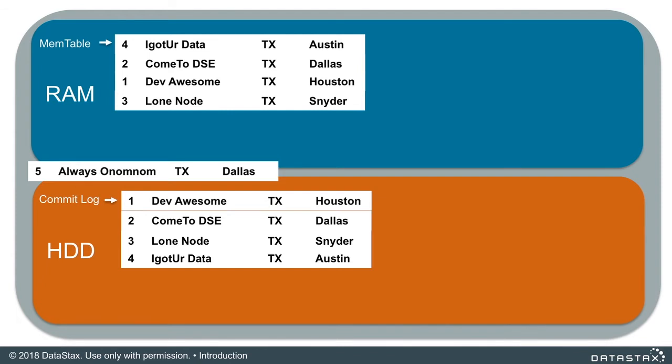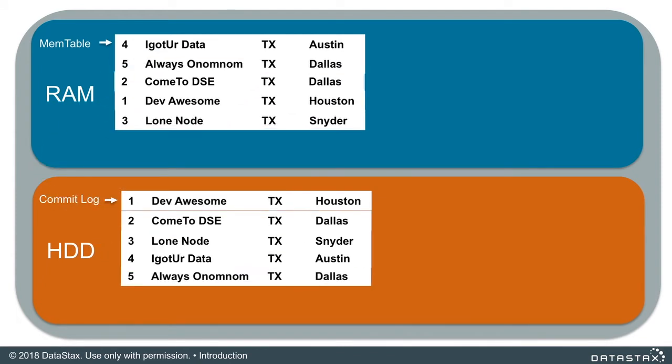They live in Dallas, so this one will go with its buddy up in Dallas. And as far as the commit log is concerned, it'll append to the end of the commit log. Kind of not exciting, but that's really cool because Apache Cassandra can scream when data comes in, and it's that easy just to write it.